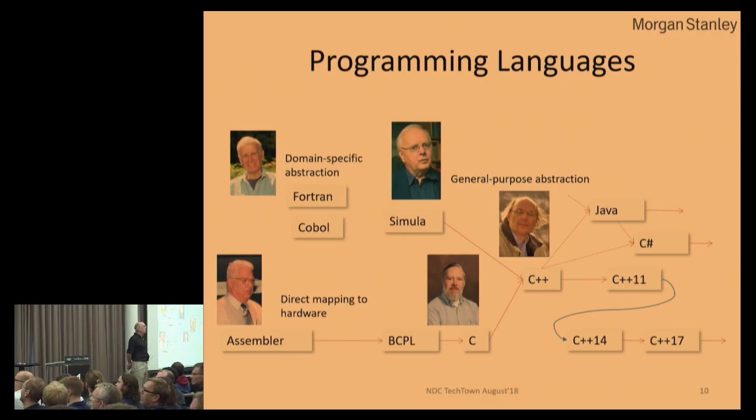But here's my view of programming languages. There are two lines of development. There's a low line down there that deals with hardware. You want to get every byte and every cycle done well. You go from assembler to BCPL to C and C++. And then people notice that dealing with a machine directly is somewhat tedious in many cases, and you need better abstractions that are more suitable for humans for a particular domain.